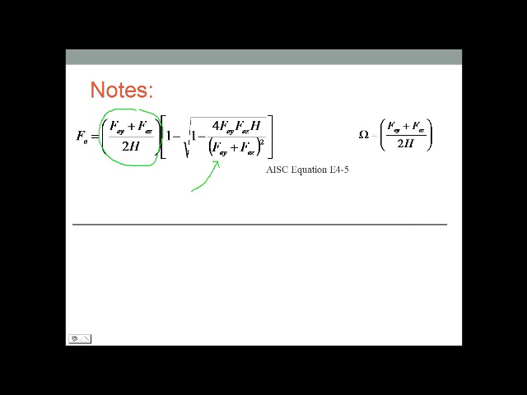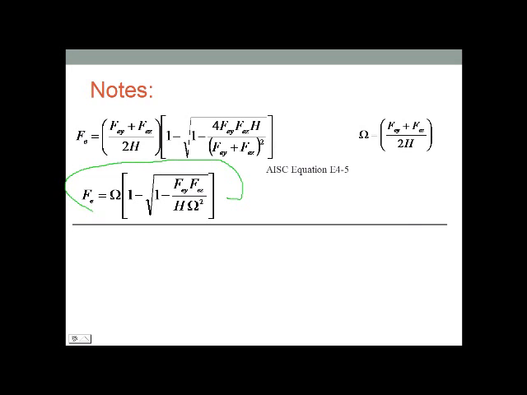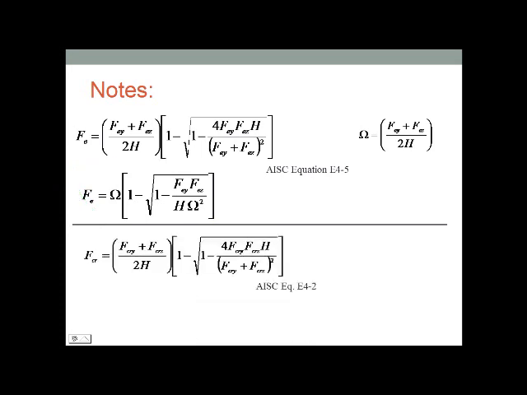If we denote the first term of the equation by big omega, then we can rewrite equation E4-5 as in a similar manner, equation E4-2 of the AISC specifications can be rewritten as